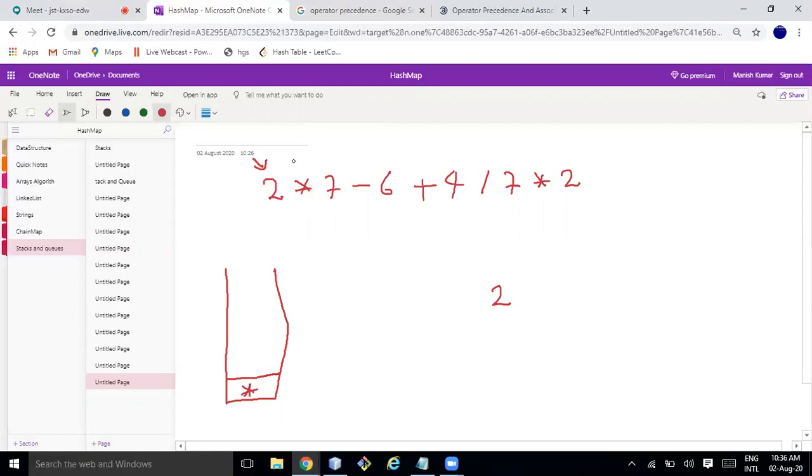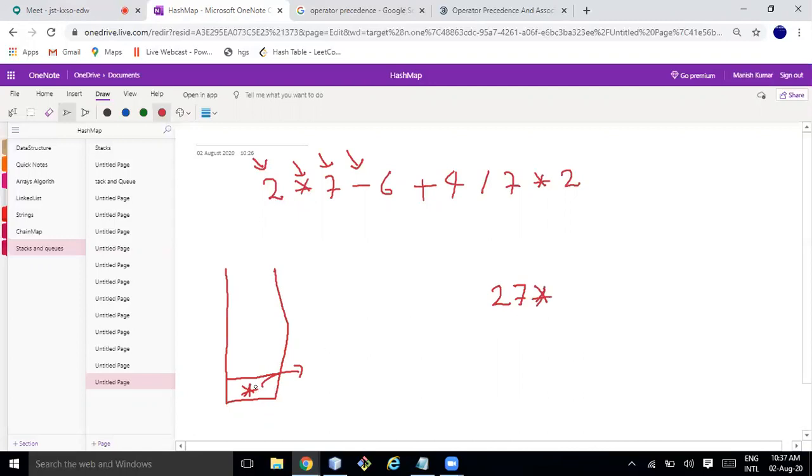Then I'll go to the next element, which is 7. It is an operand, so I just write it. Next I will go with minus. I'll check this minus with the top of the stack. Which is having higher precedence? This star is having higher precedence, so I'll pop it out and write it here.